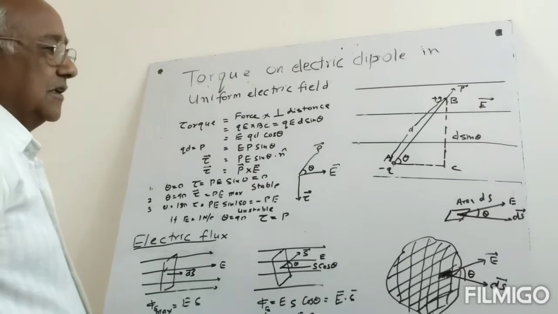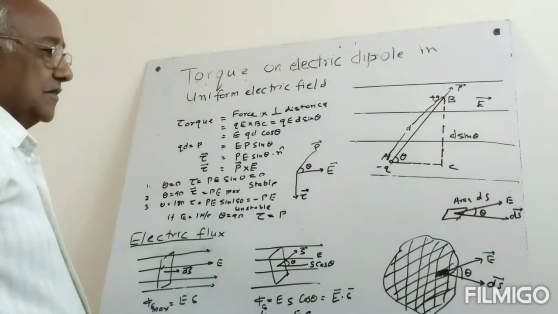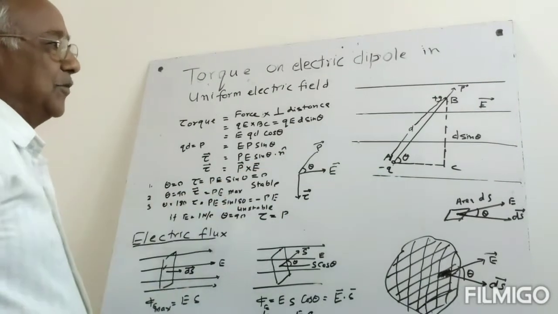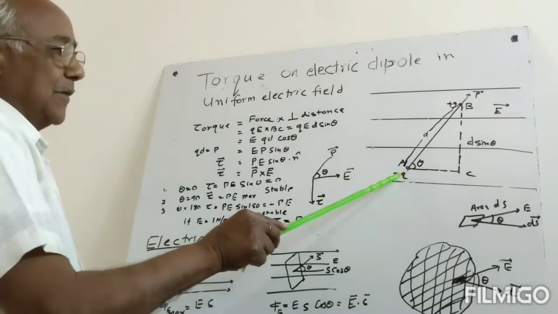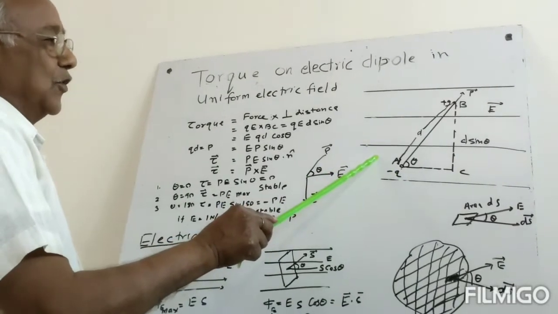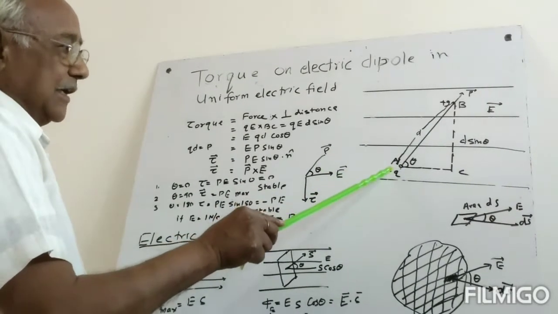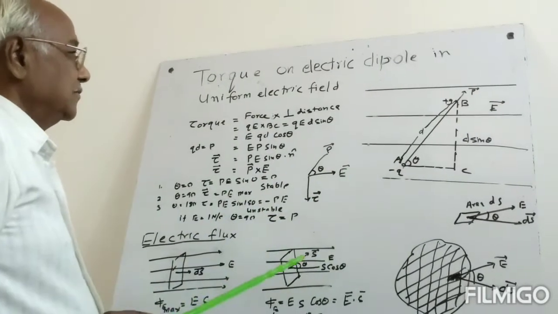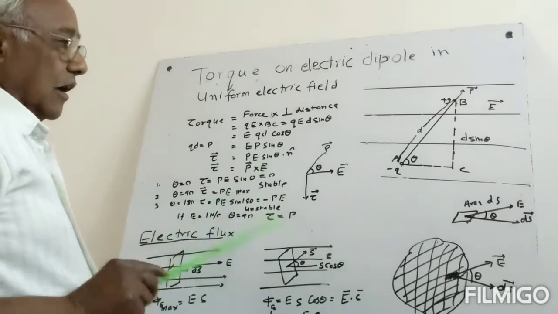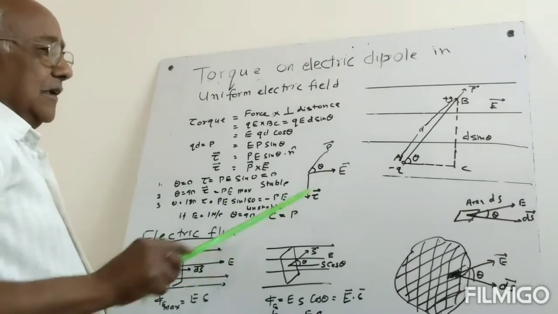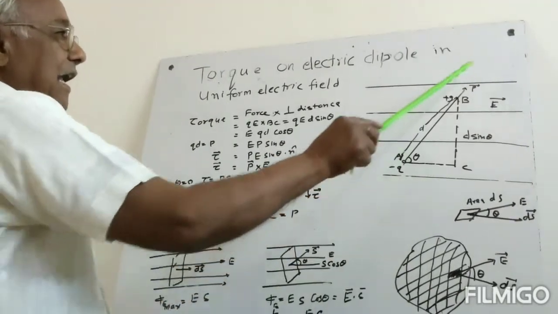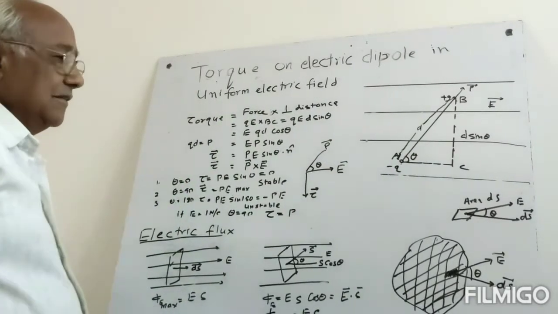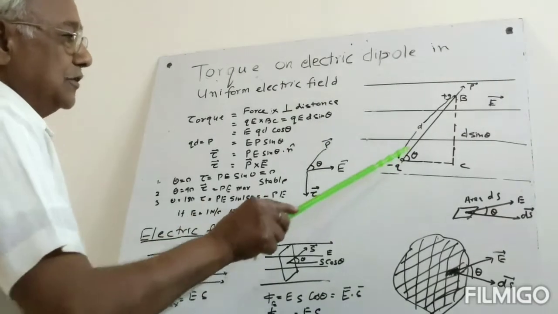whose length is small d, negative charge is at point A and positive charge is at point B. The direction of dipole moment of this dipole will be from negative charge to positive charge, that is from A to B. Now, if the angle between electrical field and dipole moment is theta, then the force at